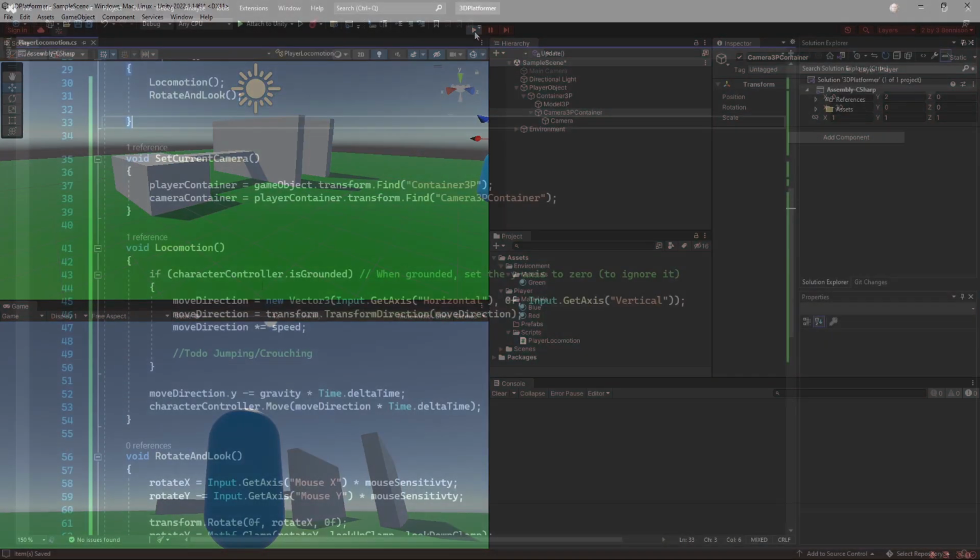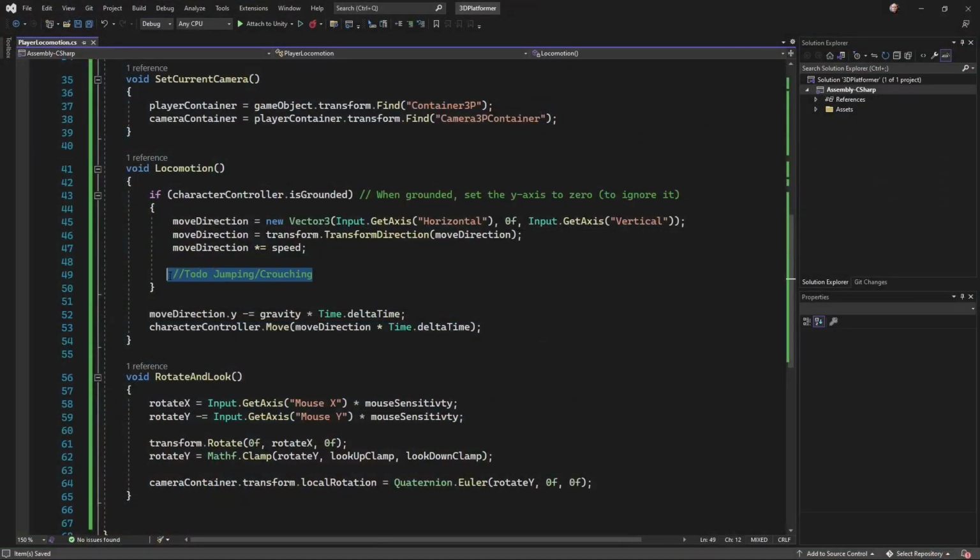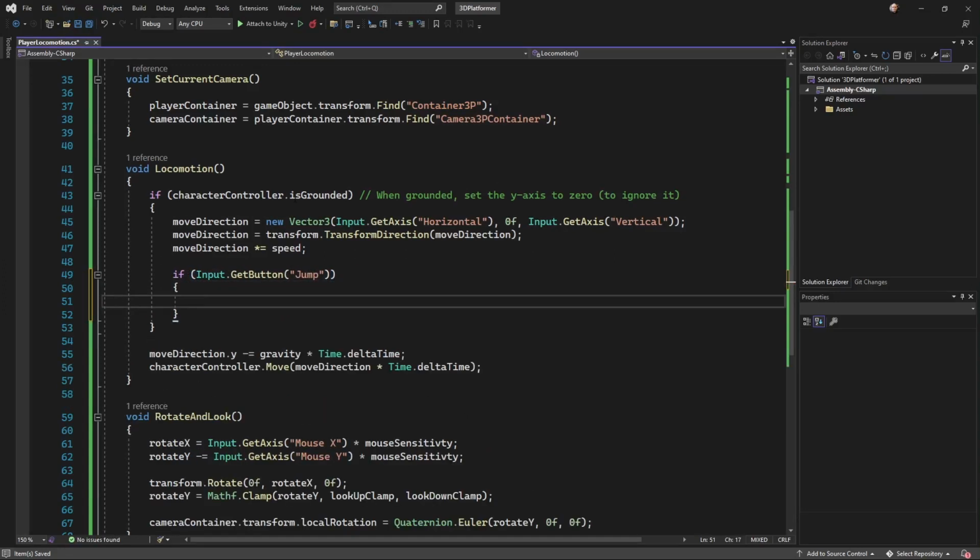Press escape, press stop. So down to our locomotion, we had this comment where we said we're going to put our jumping and crouching. Let's delete that comment and start with an if statement. We're going to look for an input get button jump. Look for the jump button being pressed. Jump is pre-built into those list of inputs in the input manager in Unity. So again, make sure you've got capital J, make sure you spell it correctly. If the jump button is pressed,